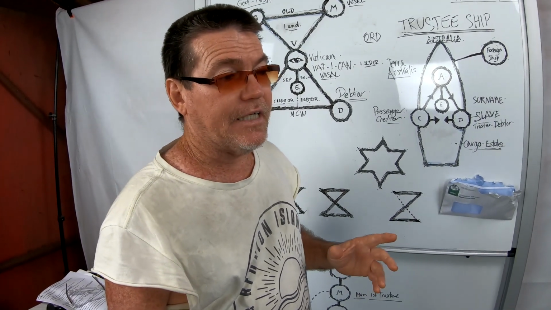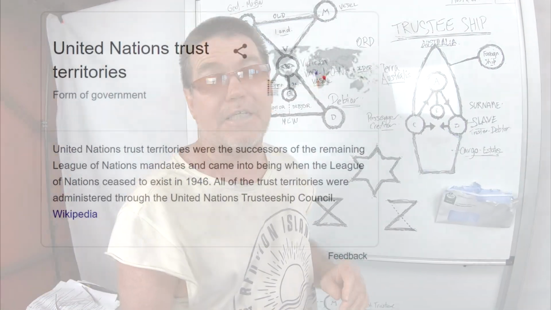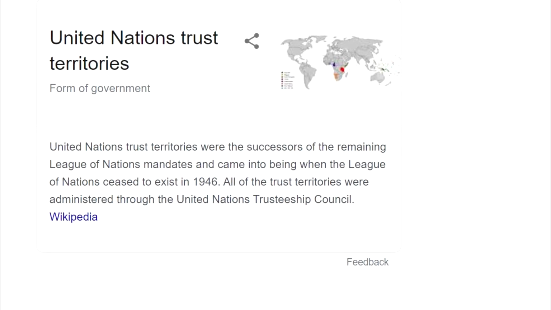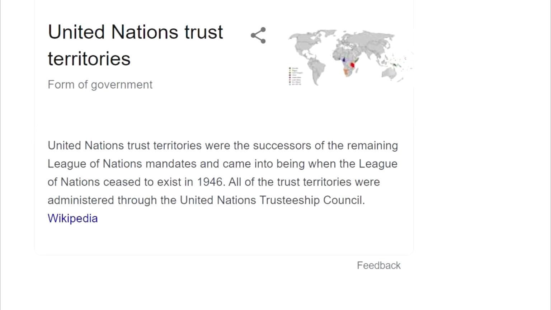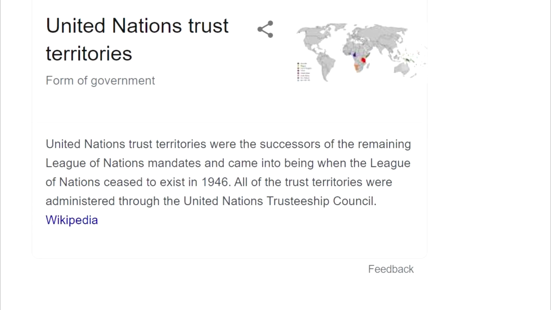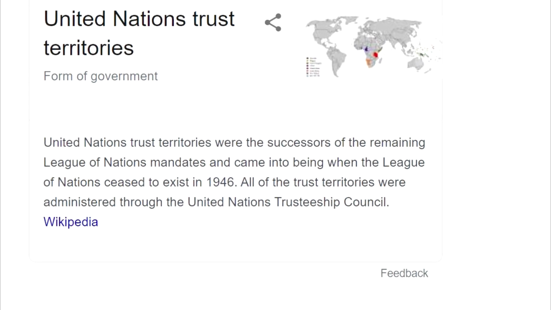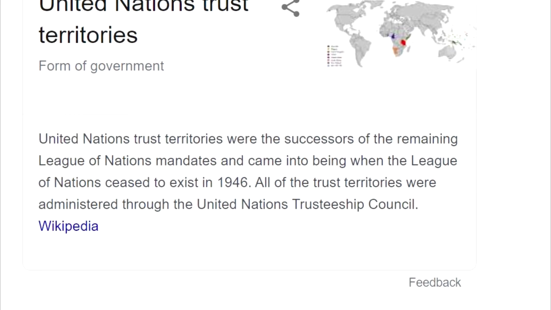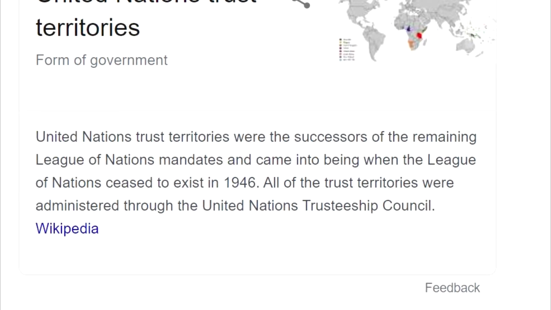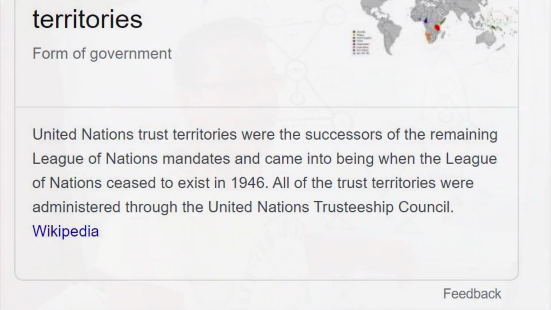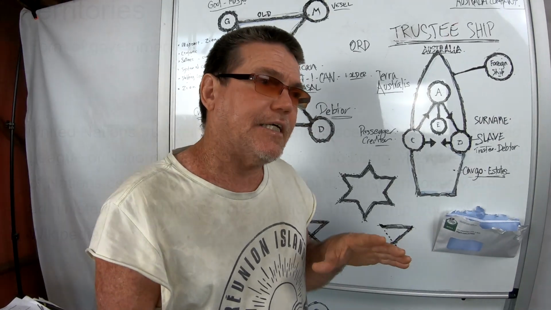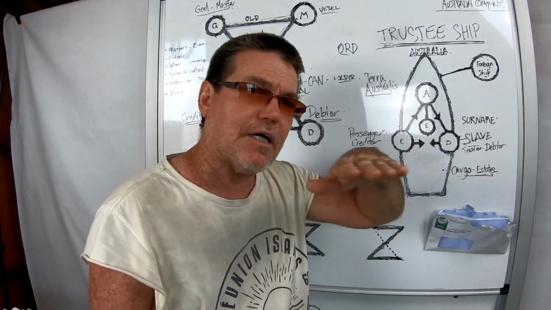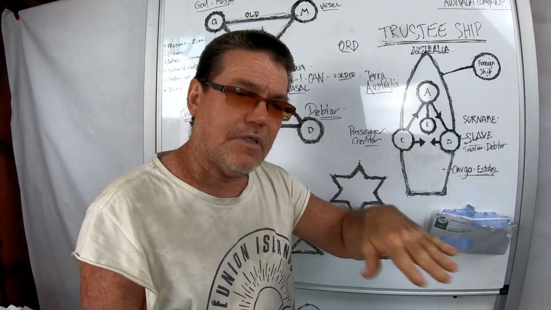And a trust territory is something that is governed by the United Nations, as you can see here. United Nations trust territories were the successors of the remaining League of Nations mandates, and came into being when the League of Nations ceased to exist in 1946. All of the trust territories were administered through the United Nations Trusteeship Council. And a trust territory is, in this case, a layer of jurisdiction that sits over the top of land